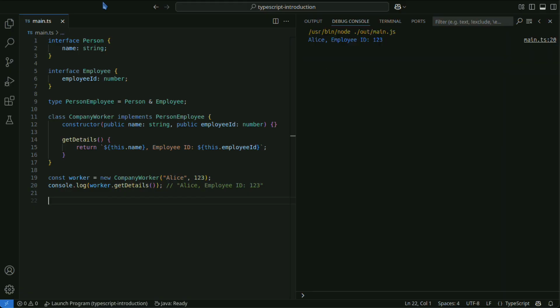Here, we use the intersection type person-employee, of person and employee, to make the company worker class have the properties of both.